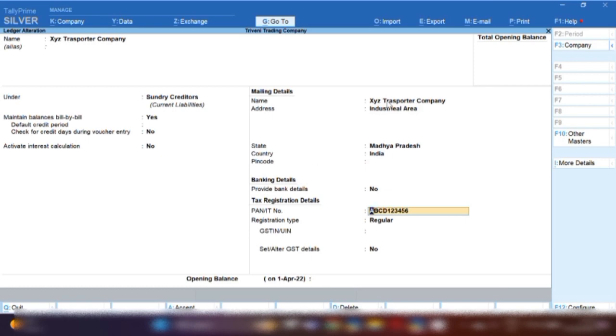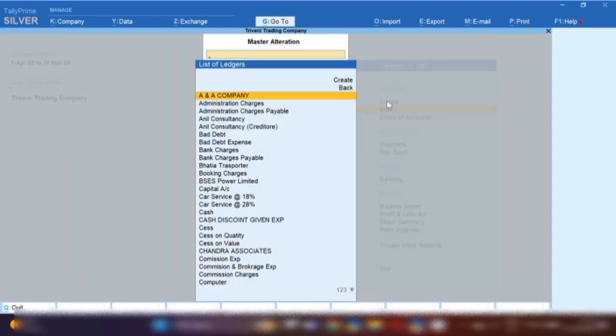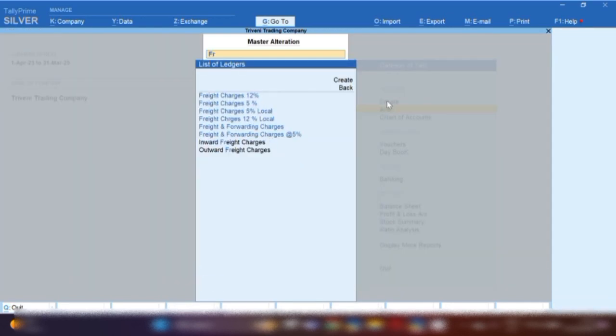Don't forget to take the PAN number of the party, otherwise 20% TDS will be deducted on the provided service. So here I have filled in the PAN number of the party and then the GST number of the party, and by pressing Ctrl A we can save the created ledger. Next ledger we will create